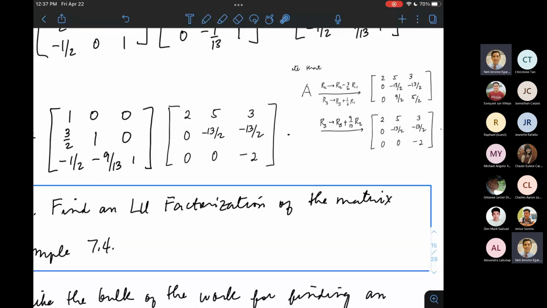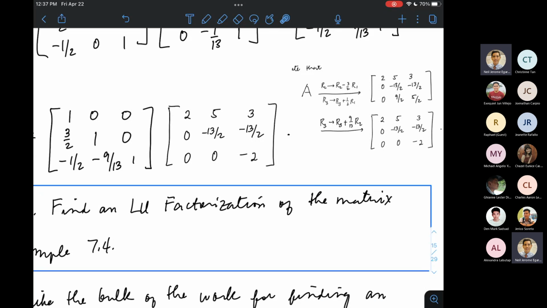Paano natin gagawin yung shortcut? Okay. So, para makuha yung L, actually, you can prove it rigorously, pero i-describe ko na lang sa inyo yung process para madali nyo makuha si L. Alright? So, i-take note nyo lang talaga yung elementary row operations na kailangan nyo gawin para makuha si matrix U. Alright? Tapos, yung matrix L,